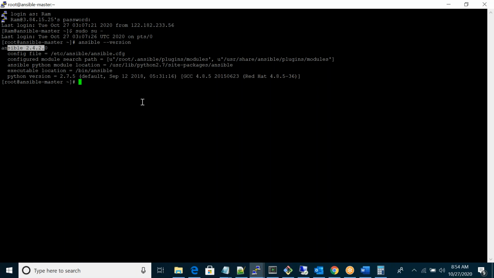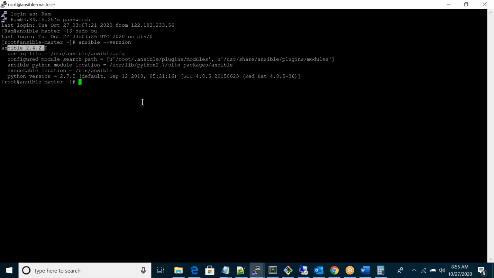But if you want to install something else, like 2.5, 2.8, 2.9, 2.10, then you have to mention the full path, the full Ansible package name. For example, if I want to download 2.10, that full name, Ansible 2.10, some name will be there. You can get that from the Ansible official documentation.